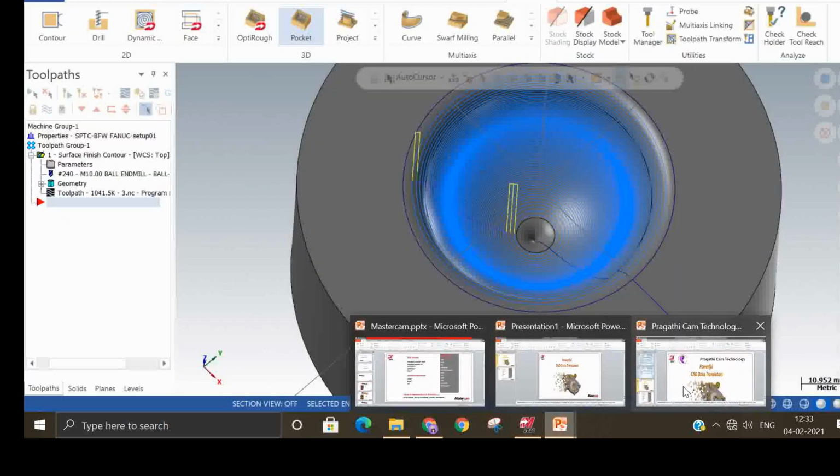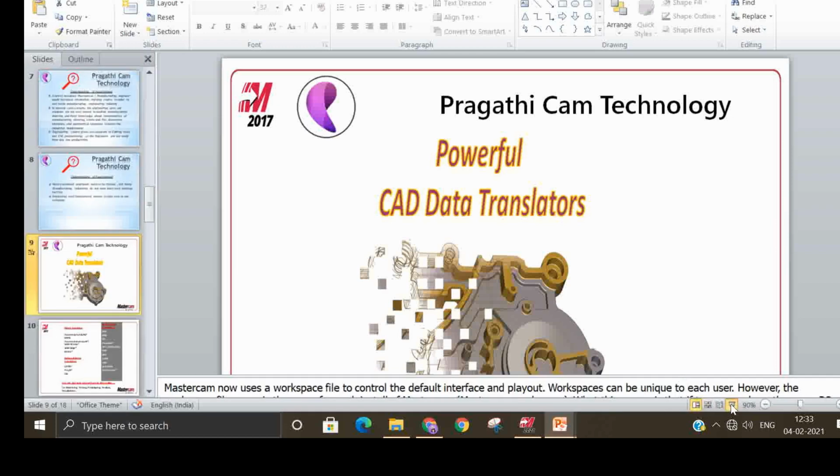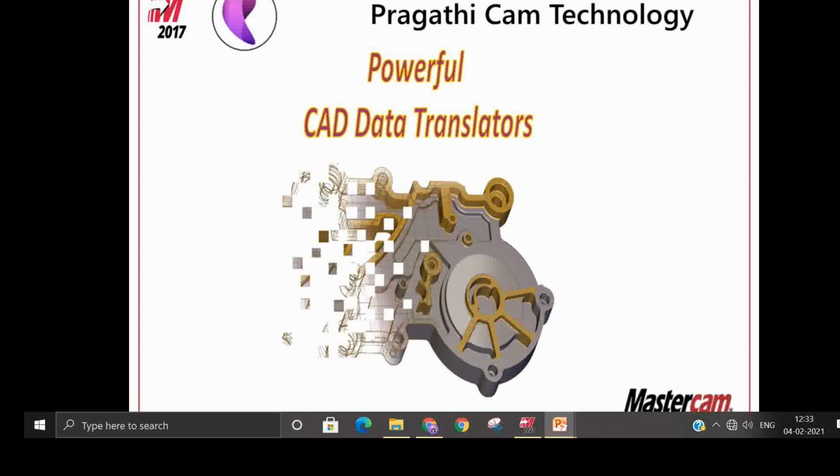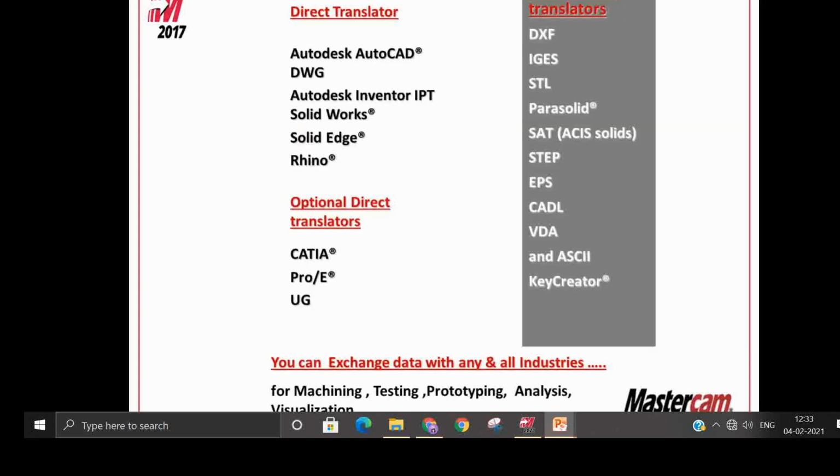Now we'll see the Mastercam translator. So this is it, the data translator. In the translator we can divide into three categories. One is the direct translator. Direct translator means the base working kernel of this software and the Mastercam software is the same, the same working kernel as in AutoCAD, Autodesk Inventor, SolidWorks, Solid Edge.